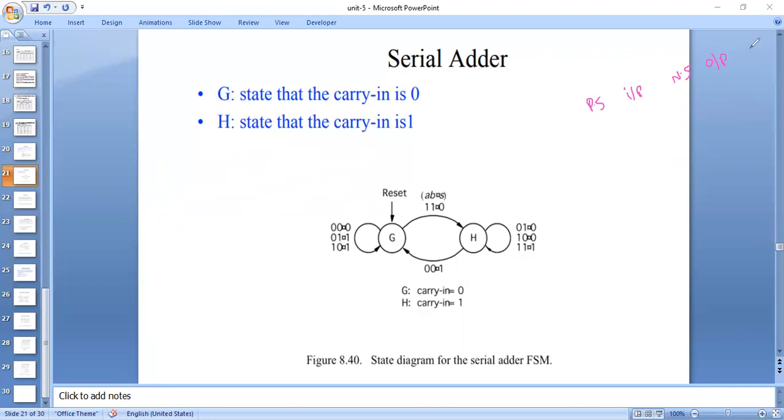and the type of flip-flop we are choosing is a D flip-flop. So we need only one D flip-flop, right? Since carry is a single bit number, we need only one D flip-flop. So that also you have to include in this table. And since we are saying flip-flop, how do we represent the state in general? Qn plus 1. If the present state is Qn, what will the next state be? Qn plus 1.